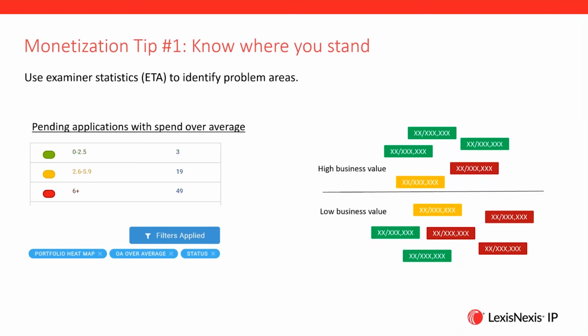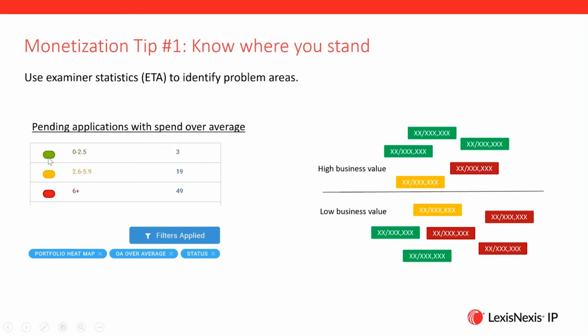So what you can do, if you know the ETA for every examiner in your IP portfolio, is use this information to identify problem areas. And there are several ways you can do this. I've just shown 2 examples here on the screen. On the left-hand side, this is a chart showing all the pending applications in some portfolio that have had more office actions than are average for that examiner, right? So if the examiner's average number of office actions to grant is 2, some application had 3 or more,